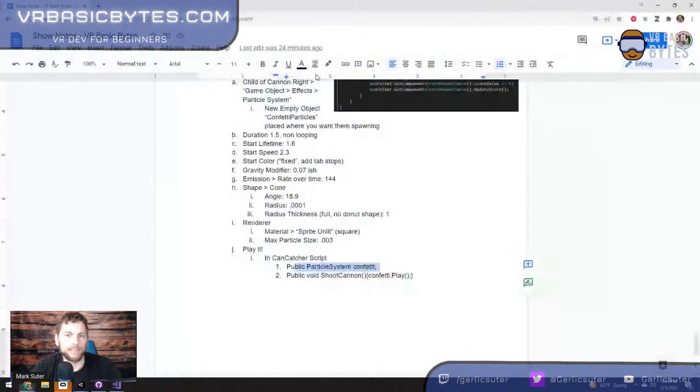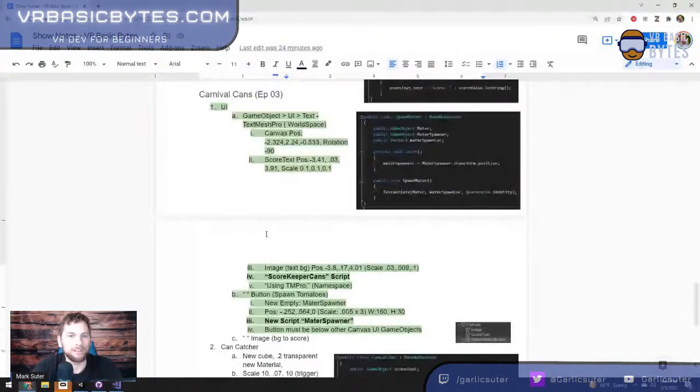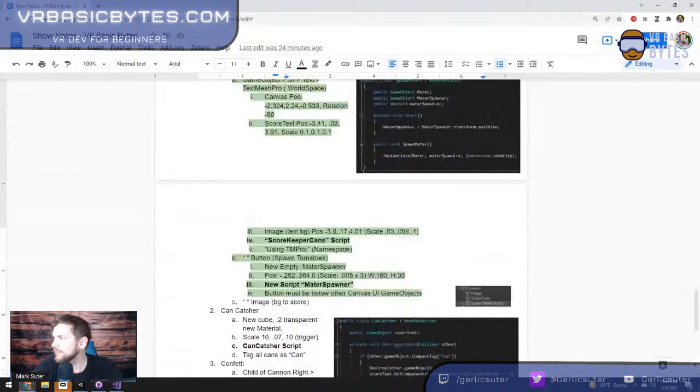That is all the steps up to that point. Now there is, of course, going back and trying to get this button to work. I'm not sure why it's not working, but I'm going to try to fix it now. So